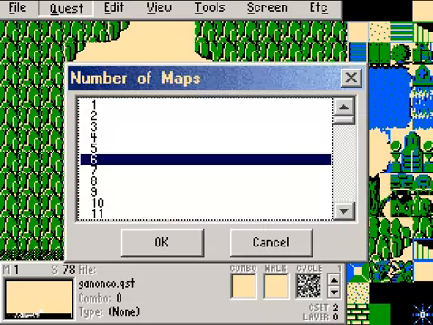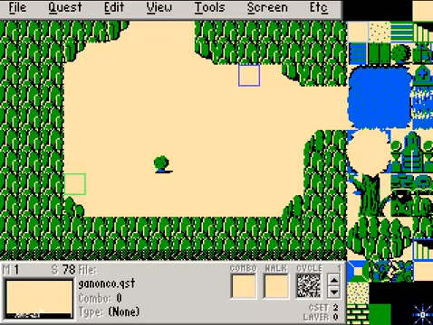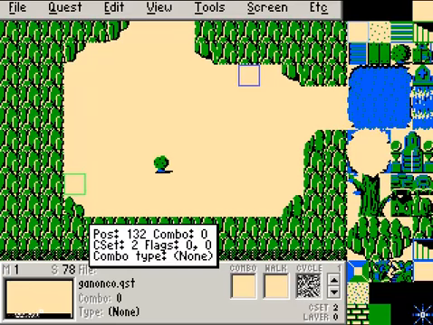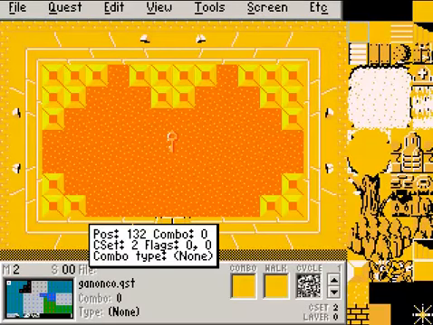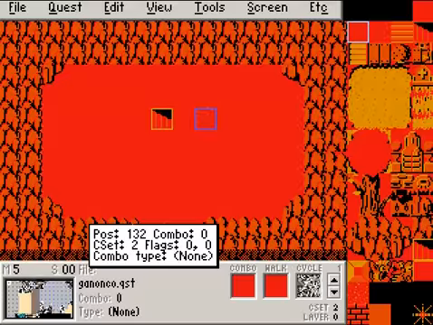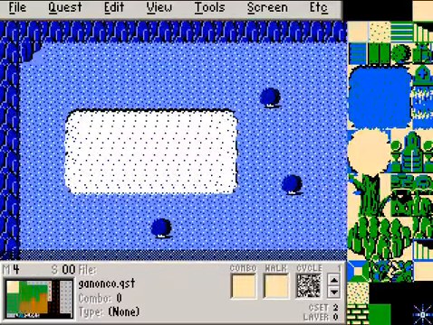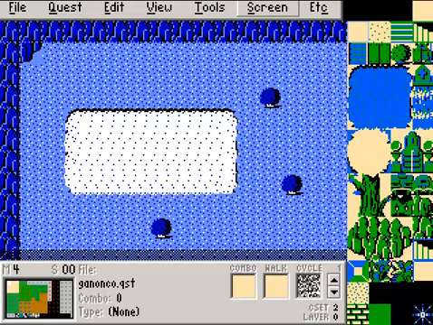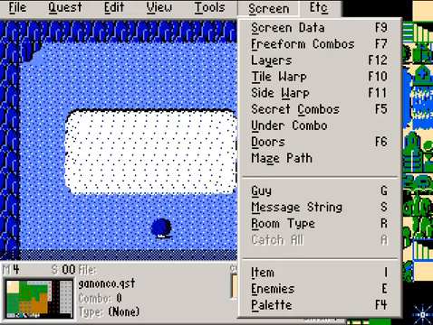Here's map count. This is where you set the number of maps. Right here we're at map 1. If we press period or comma, we can cycle through the maps. So period, cycle to map 2, cycle to map 3, 4, 5, and 6. As you can see down here, this is where all the screens are, and I put them all in the appropriate palette. You can set the palette over here,